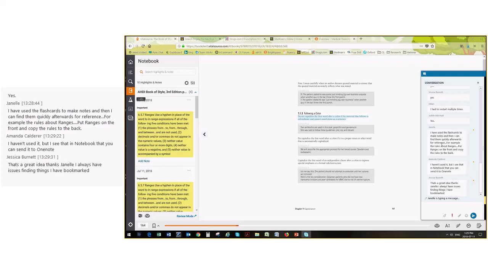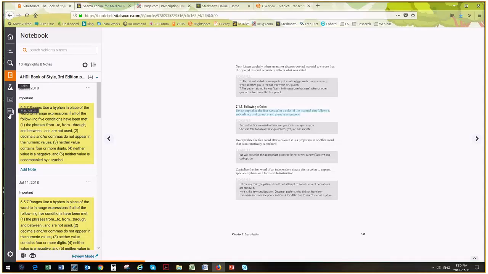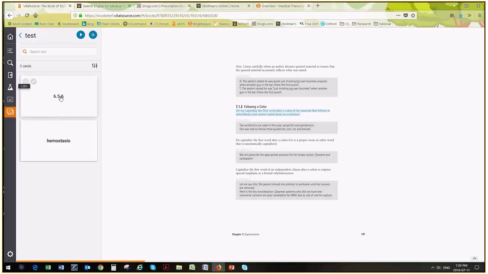Let's see. So Janelle says, I've used the flashcards to make notes and then I can find them quickly afterwards for reference. For example, the rules about ranges, put ranges on the front and copy the rules to the back. Perfect. Janelle, that's a really good idea. Amanda says, I haven't used it, but I see that in Notebook you can send it to OneNote. Okay, so that is another good tip. Jessica's saying she's having trouble finding things she bookmarked. So those are both good ways to do it: you can make your flashcard and then find it based on this. So maybe on this I should have called it something else